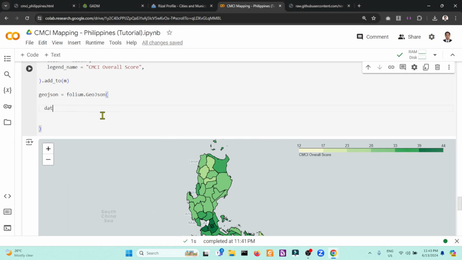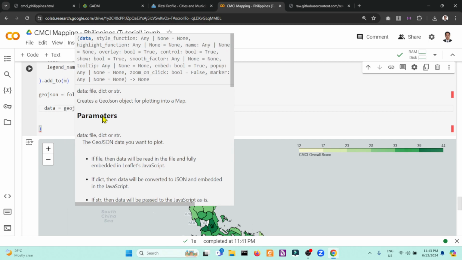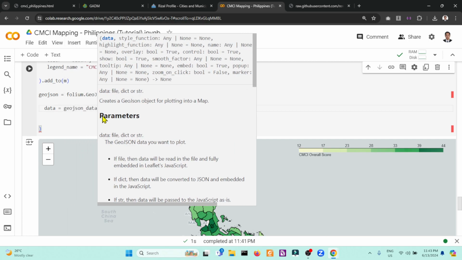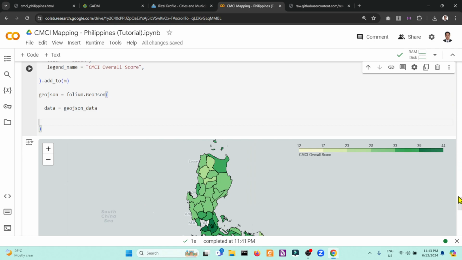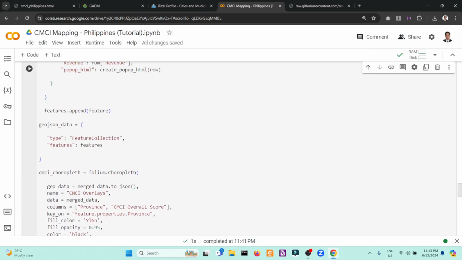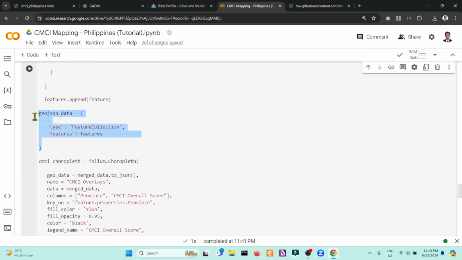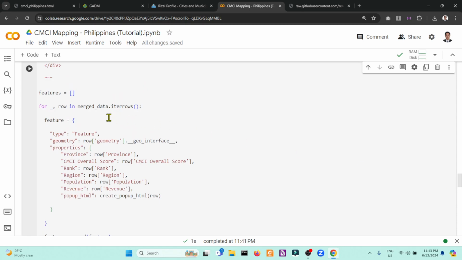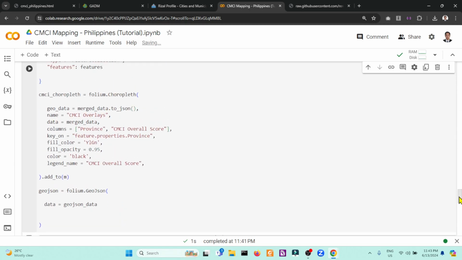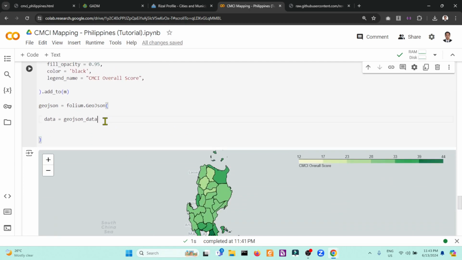The first argument will be data. What will be our data? Our data will be our GeoJSON data. Where is that GeoJSON data? Remember, we already constructed our GeoJSON data based from the features that we define on this merged data. So this one will be projected inside the Folium GeoJSON data.